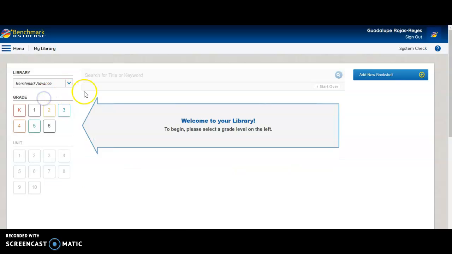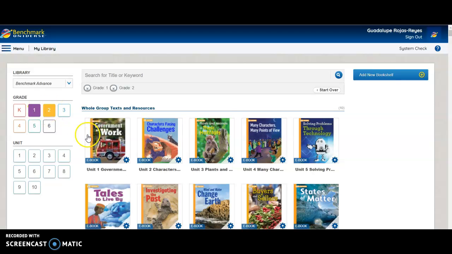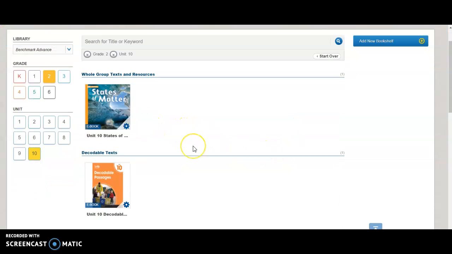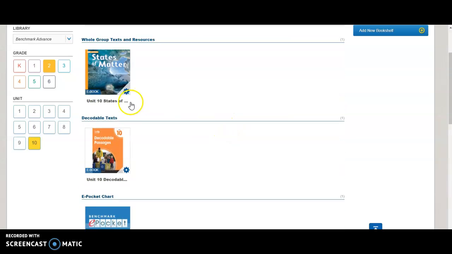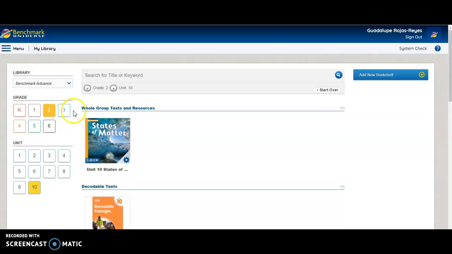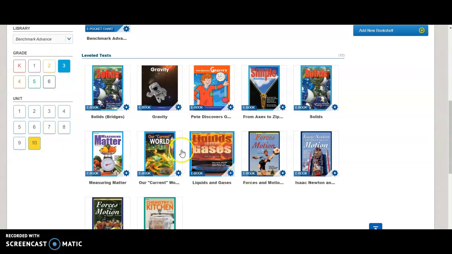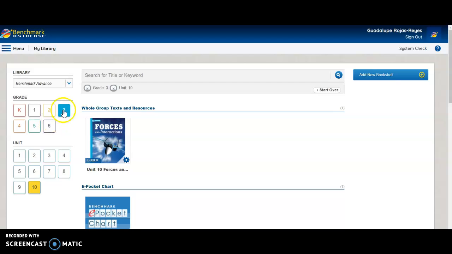Okay. So let me see, I'm just curious to see if they can go to a different grade. I know he is in first grade. Does he have the second grade textbooks available? Let me see. It looks like he does have some textbooks for second grade. So you see, this is second grade. Let me see if he has text available for third grade. See, there's a lot of text available for third grade that he could read,